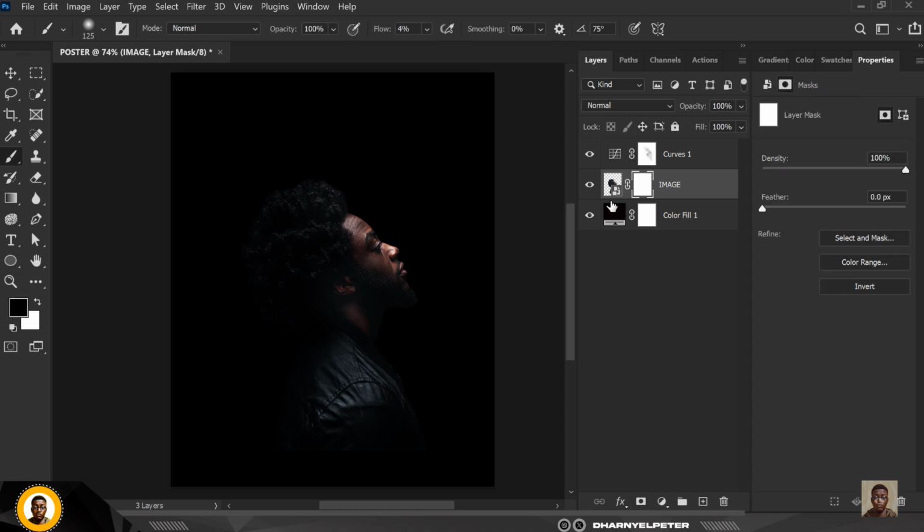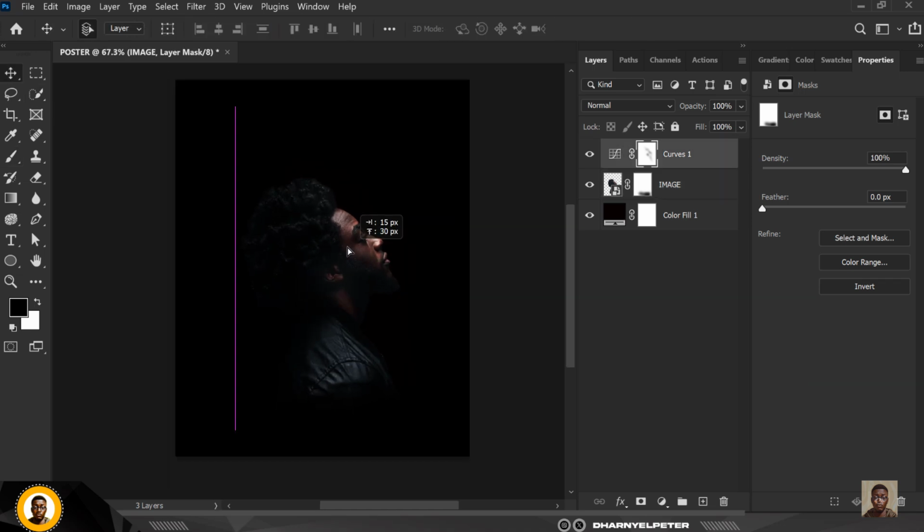So I can choose to create a mask for this image, set my flow to like, let's see, probably anything within the range of 1 to 50 is fine. So I'm just going to use 49. Click on the mask, make sure your foreground color is set to black, and I'm just going to conceal these areas like this, and basically that's all I'm going to do,